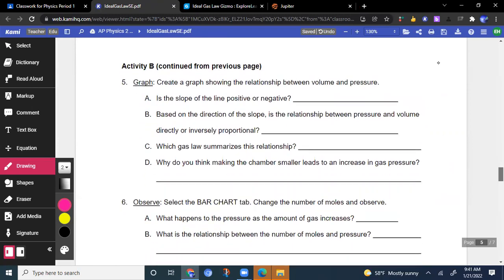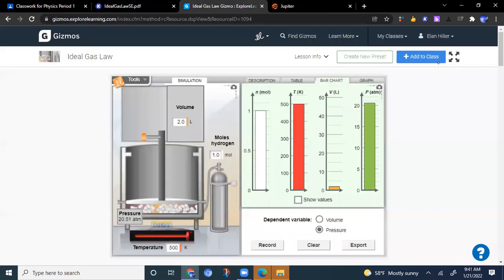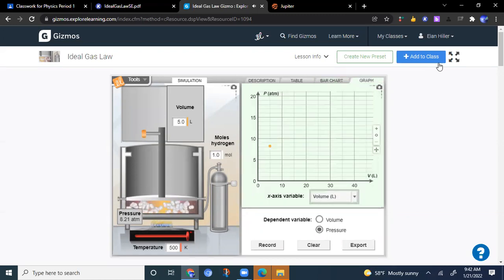Now let's go to part 5 and create a graph with this. Here's how we're going to do that. I'm going to start at 5 liters, and I'm going to go up by 5 liters every time. So I'm going to press record, and go to graph. So it's a 10, and I'll go all the way up to 40,